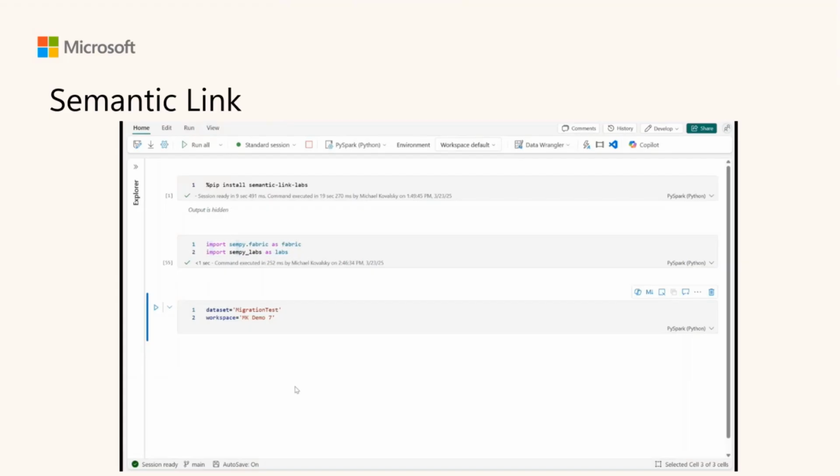So we'll jump through some of the demos and just try and give you an understanding. You'll see this is all code first. So if you're used to your clicky, draggy, droppy, this is not that at the moment. So you might need to get a little bit more hands-on, but don't be frightened. There's a lot of courses out there about how you go do this. You will need a Fabric capacity to do this, but you'll see here we're importing Sempy, which